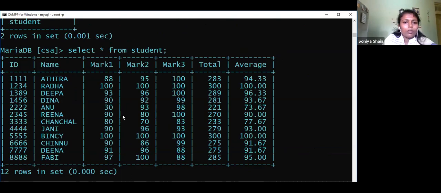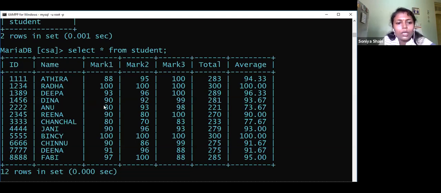Okay, so we will go for the condition. We are going to check the condition, and we will take two cases. Let us see the first one, ID 111. It's Adira, and check the marks: 88, 95, 100. All are greater than or equal to 40, so it has to be pass. Then see the second one, ID 222.